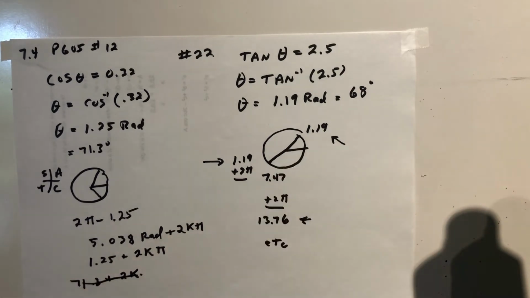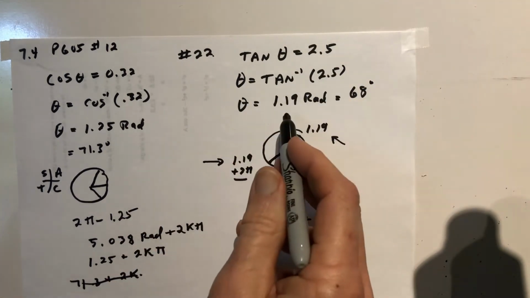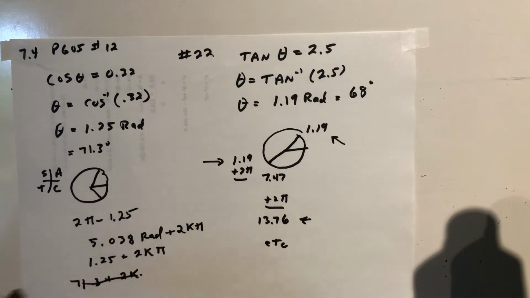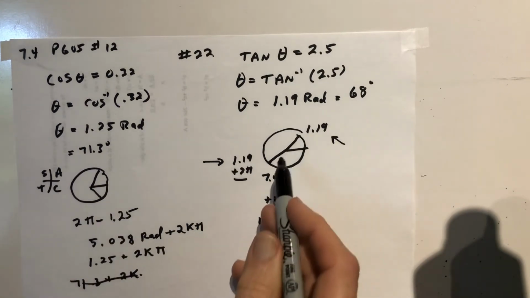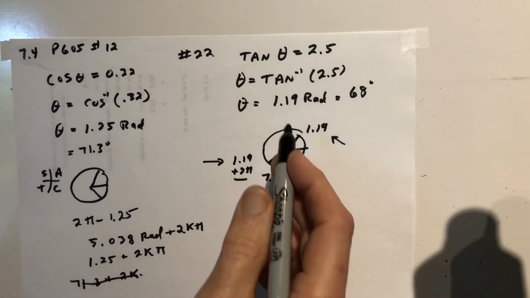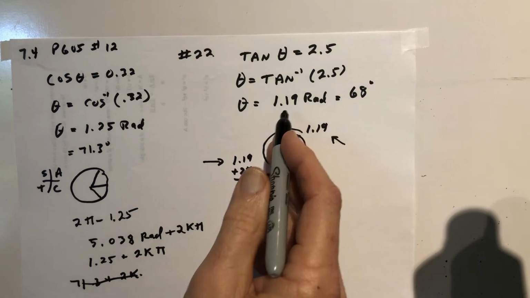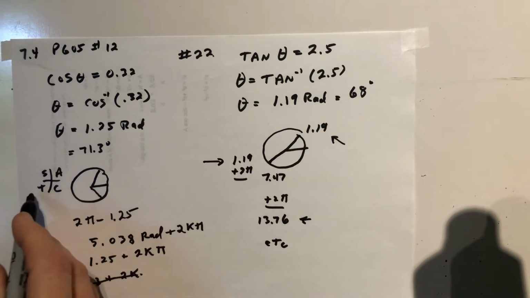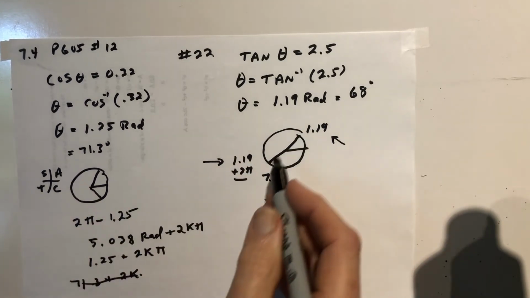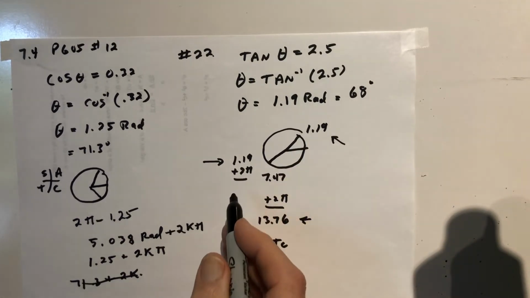Here's another problem, number 22. So you're getting 2 for 1 on this problem. Tangent is 2.5. So the arctangent of 2.5 is 1.19, which is about 68 degrees. Now, with tangent, it was a positive 1.19. Tangent's also positive in the third quadrant, so you have to go directly across to get from the first to the third. So you add